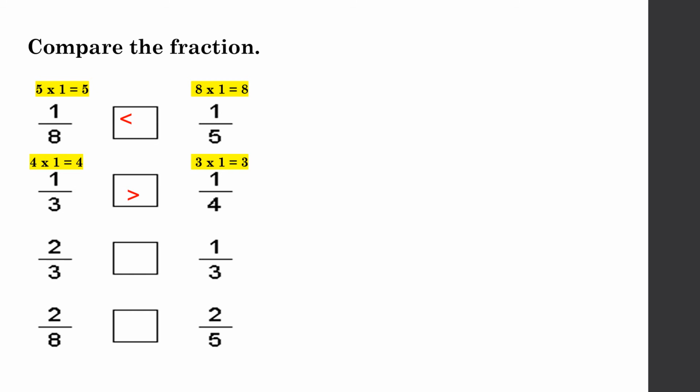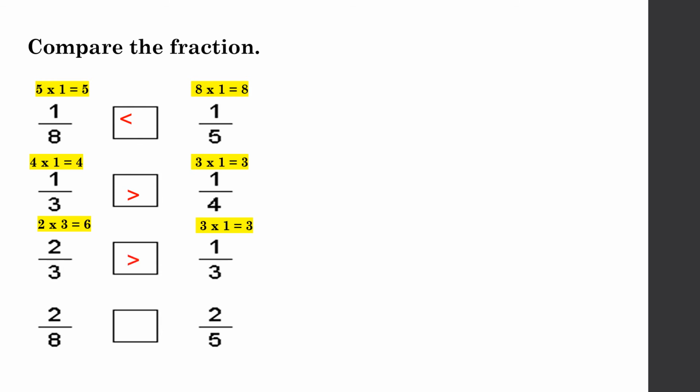Now in the third question, the denominators are the same number. That means they are like fractions. Here you can directly compare the numerators. Now which is greater? 2. So 2/3 is greater than 1/3. And by using cross multiplication also you can find out. In that case also you can easily say which one is greater. 2 3s are 6 and 3 1s are 3. You can see here. So again 2/3 is bigger than 1/3.